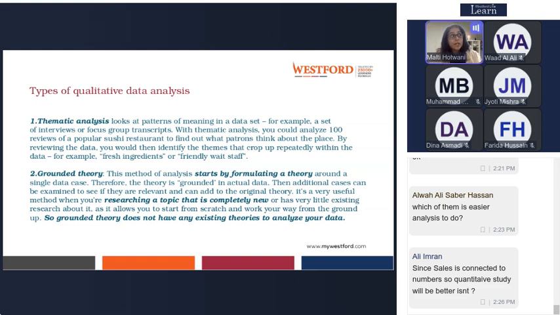Or you can do a grounded theory where you are doing something very new in the market, like AI in healthcare, AI in teaching, AI in sales. These are very new, emerging topics. So you are developing a theory, researching a topic, then analyzing the data and checking whether the grounded theory holds after analyzing the data or not. So I would suggest any of this is fine. You will be able to do it easily in qualitative data analysis.